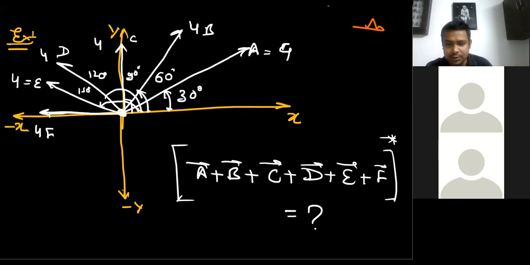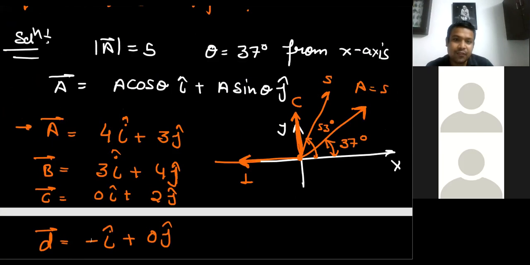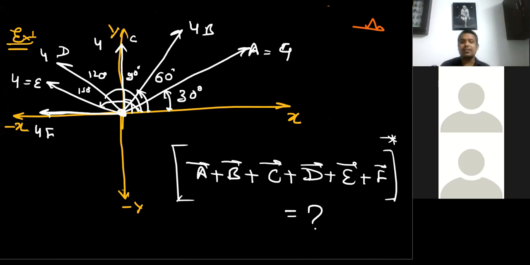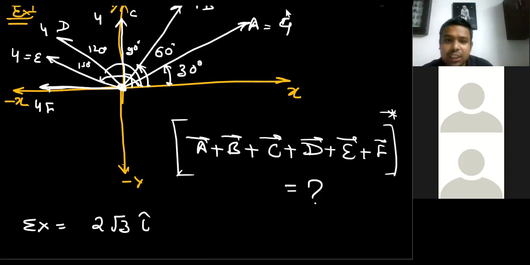So if you want to solve this question, first of all, use the polygon method. The polygon method says, first of all, write all vectors along the x-axis and y-axis, meaning write the component forms. So tell me, my dear friends, what is the x component of vector A? Please help me. 2 root 3 i cap. So 2 root 3 i cap, or 4 cos 30 i cap. Clear, my dear friends? The x component of vector A is 4 cos 30 i cap, and cos 30 is root 3 by 2.